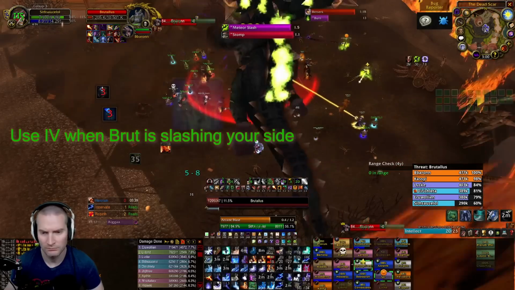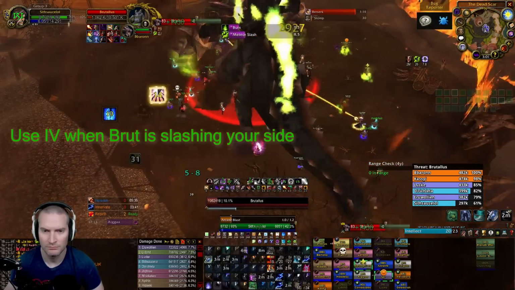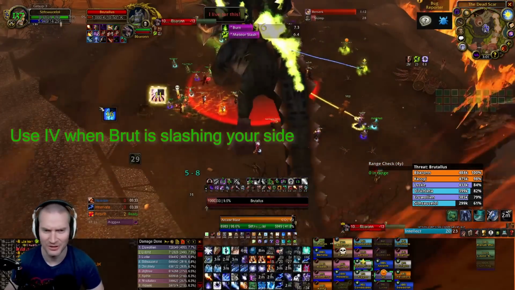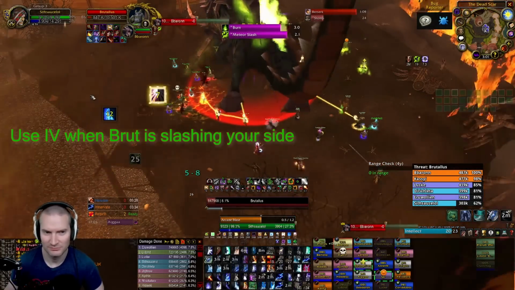mitigates the pushback from the Meteor Slash, which again brings me to my next point, which is that you should use Icy Veins when Brutallus is Meteor Slashing your side, so that you can ignore the pushback of the slash. Note that I didn't always do this in my PTR attempts, so please feel free to shame me in the